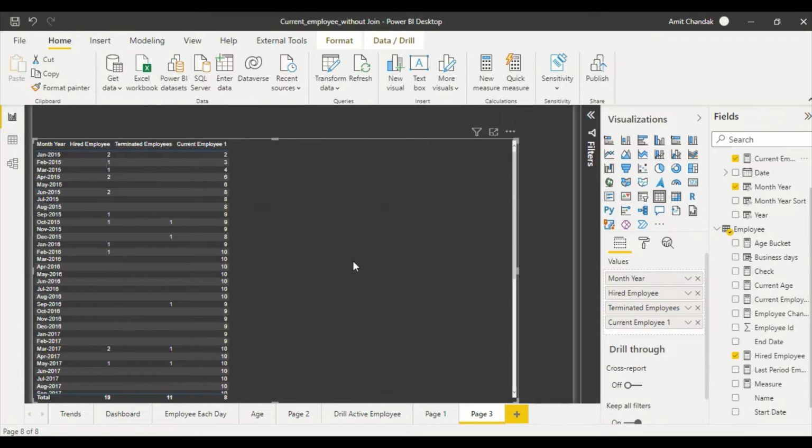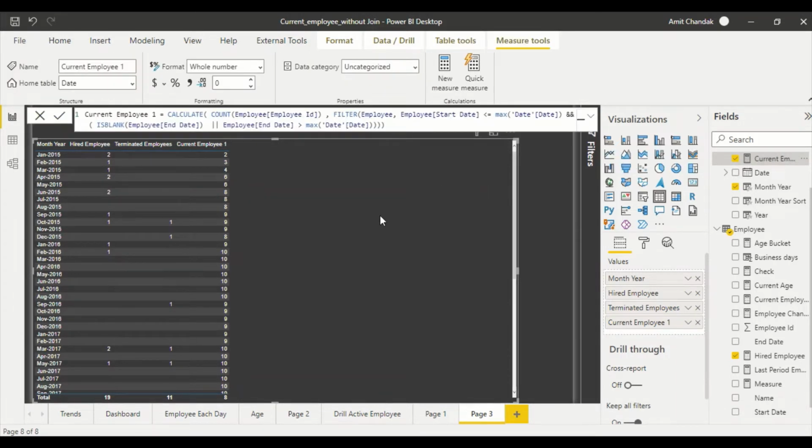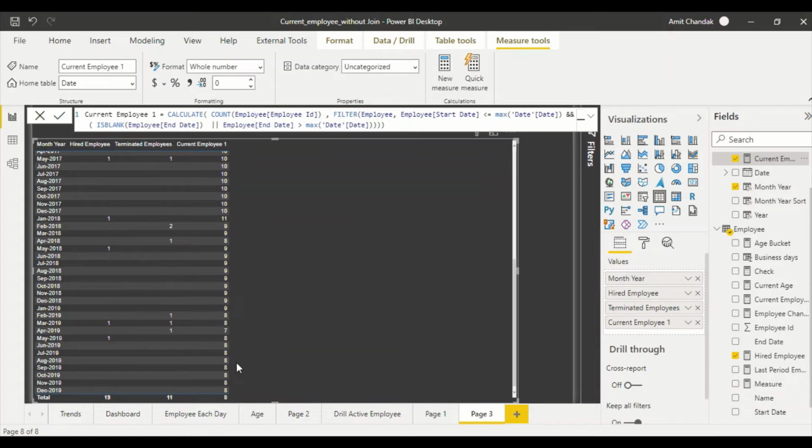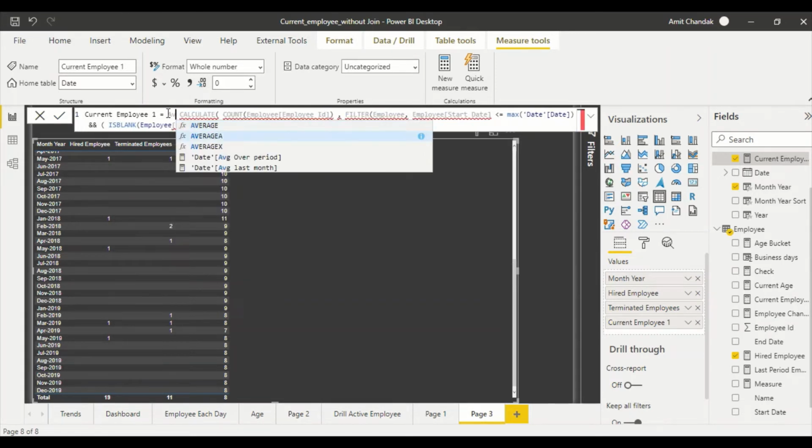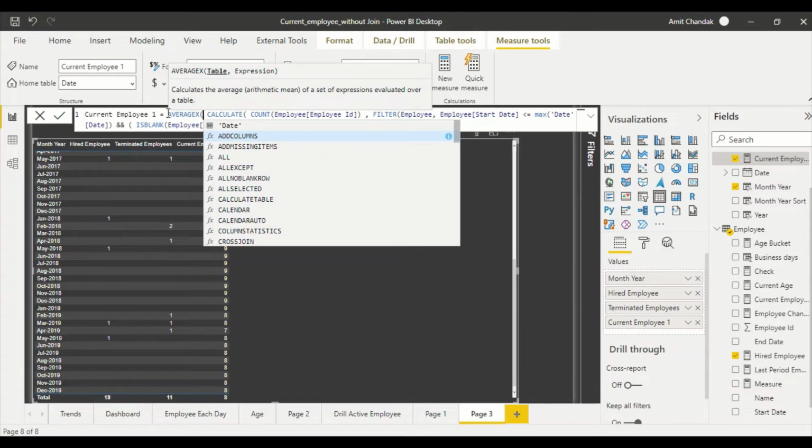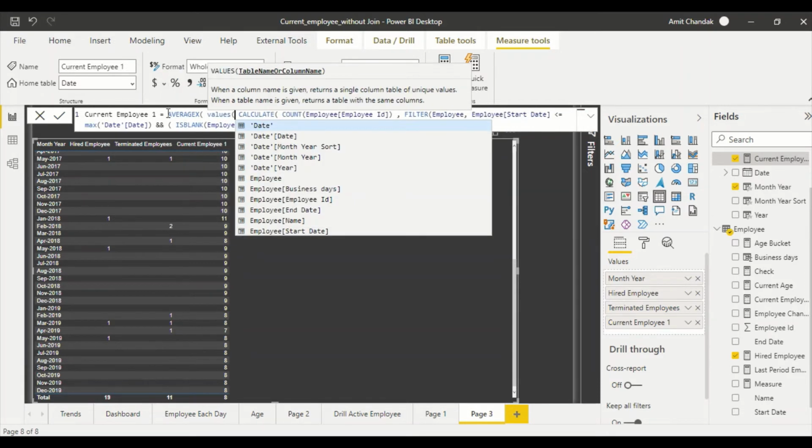Okay. Now this is your current employee. Now let's say I want to take an average of the last 2 months. So what am I supposed to do? One thing which came to my mind is, can I create a rolling formula on top of this formula itself? So we do AVERAGEX of this one. So what we can say, AVERAGEX, and what we simply do usually is VALUES, date month here,